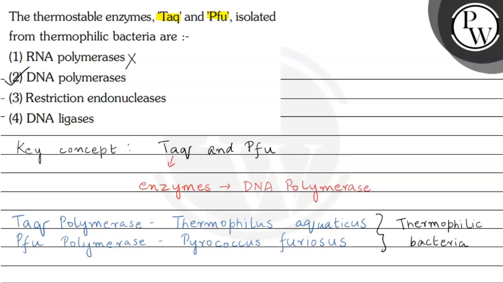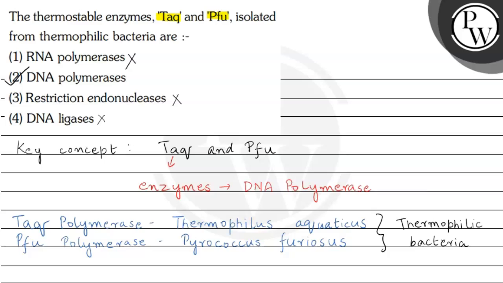The third one is restriction endonucleases. So again, this is incorrect because they do not cut the DNA fragments, but they synthesize new strands of DNA. And the fourth one is DNA ligase. Again, it won't be ligase because they do not join two fragments of DNA, but they synthesize new fragments of